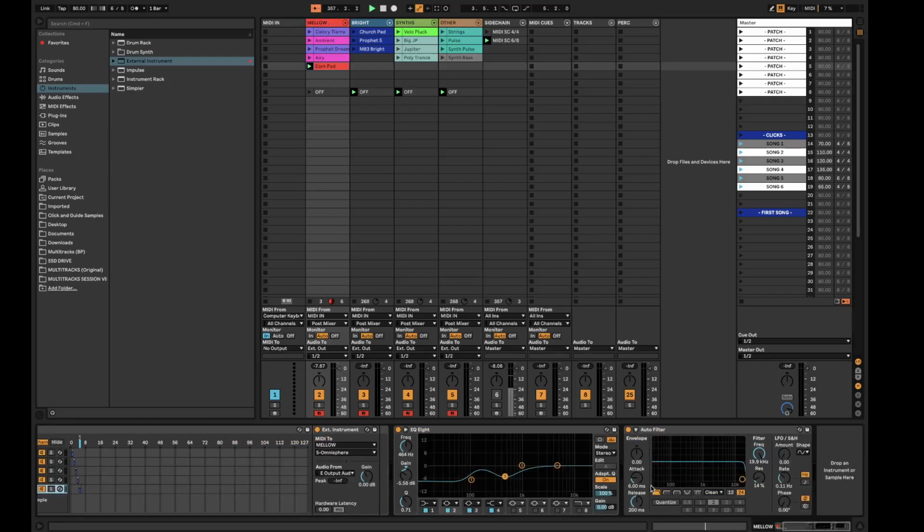Now, one thing that our template is missing is reverb. So we're actually gonna add that in right now. That way you guys get an idea of how to add an audio effect. So we're gonna come over here. We're gonna try some different reverbs and see which one we like better. Before we do that though,